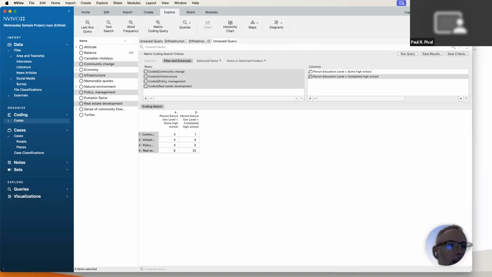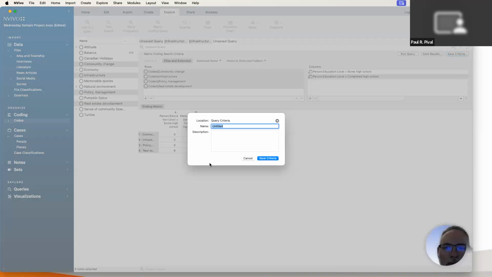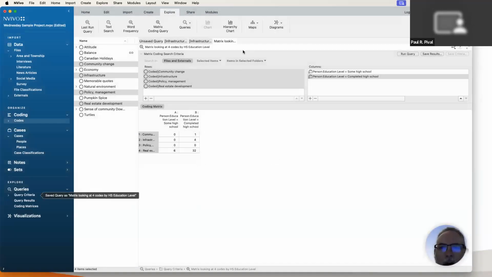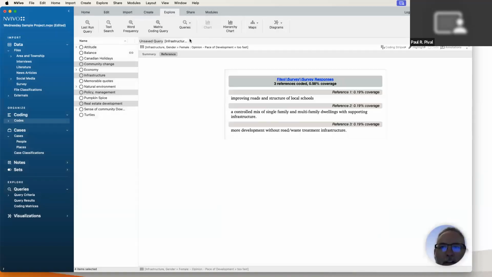But for instance, if I save this criteria, this was a matrix code. It says, what do I want to call this? And I'm going to call this matrix looking at 4 nodes or 4 codes by high school education. Something along those lines. And then when I hit save criteria, and if I were to close everything that I've done so far,